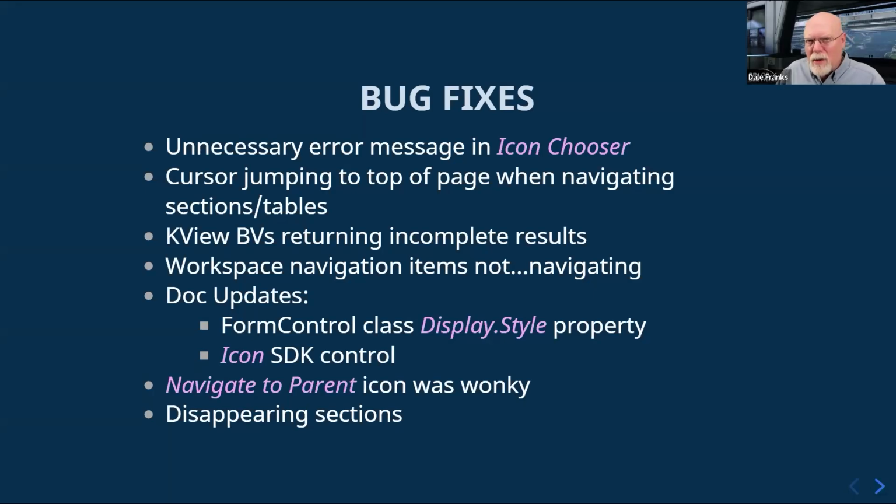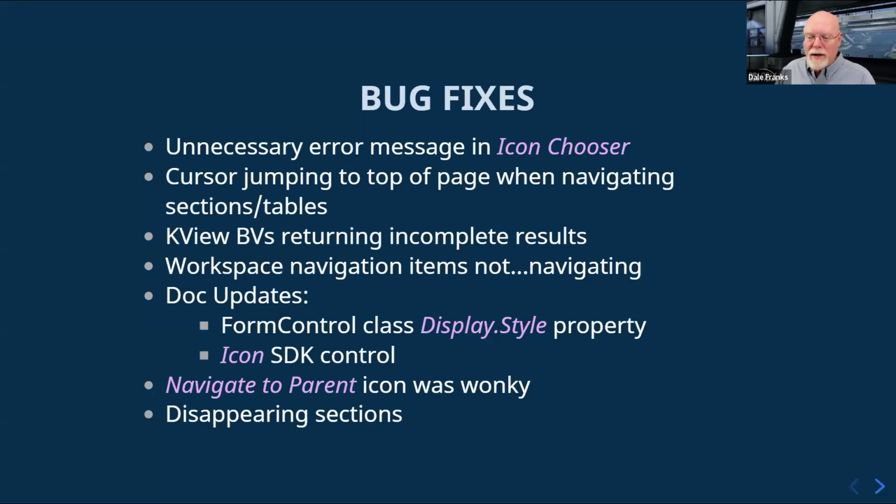Business values that use the knowledge view data source were not returning all of the results. That was a weird little error, and also one that's kind of hard to tell that it's happening because, when you run the business value, you don't see the knowledge view, and it returns you this record set, and you think, oh, okay, well, it's working. Well, not exactly. It wasn't working. It was partially working, and it was returning what looked like a very nice record set. It was just missing some records.